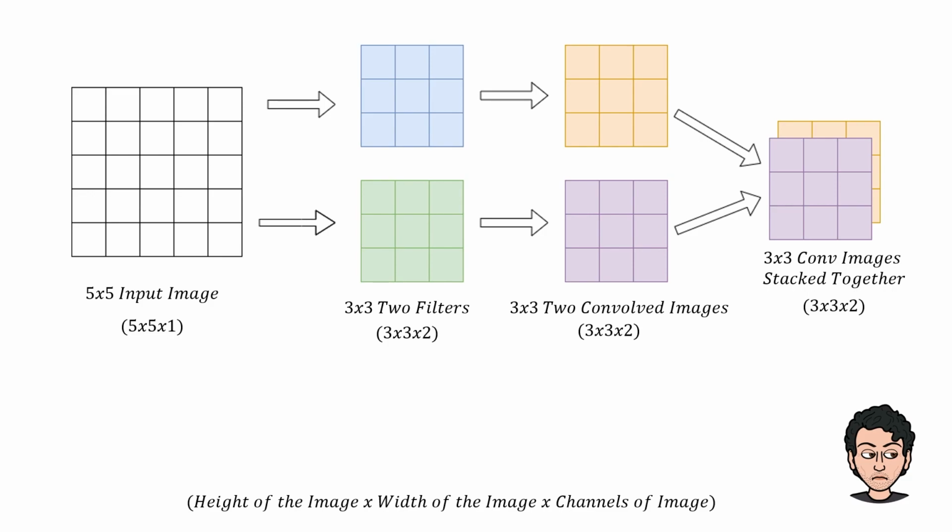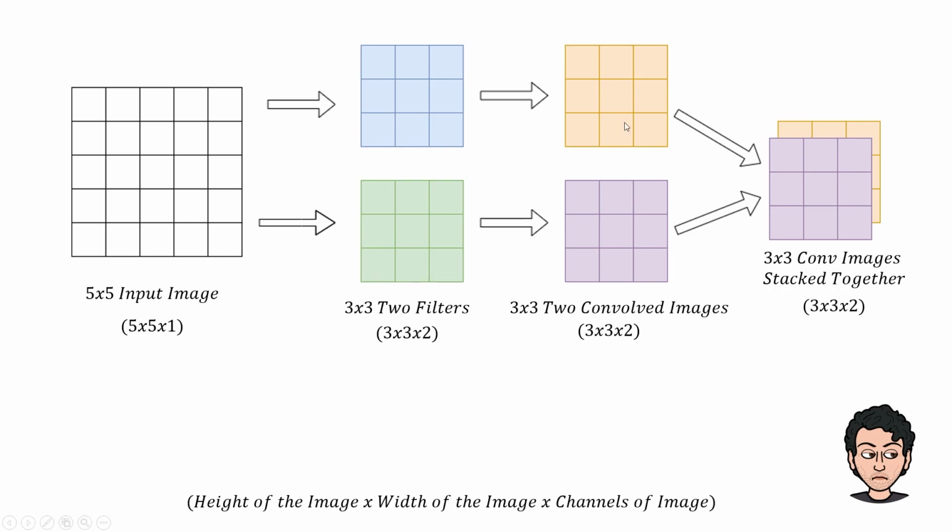Now let us look ahead and try to figure this out. I'm feeding it a 5x5 image where I'll be applying two 3x3 filters. Let us say the blue filter that you see over here is for horizontal edge detection, and this one is for vertical edge detection. Then I get two consecutive 3x3 convolved images. Why? We have to figure out the math. 5 minus 3 divided by 1, that is my stride, plus 1. We don't have padding over here, so I'm skipping the padding. 2 into 0 is 0, so that doesn't matter a lot.